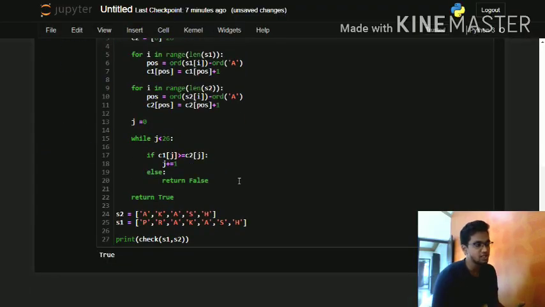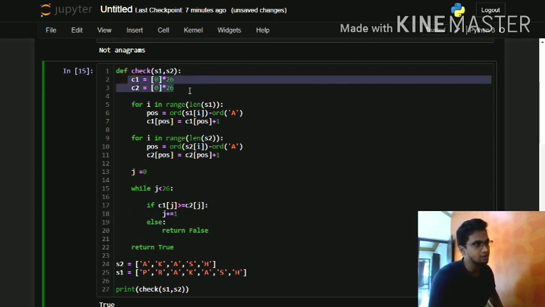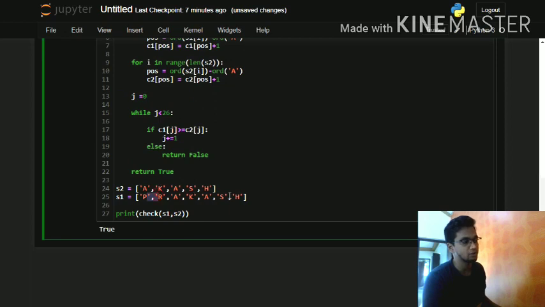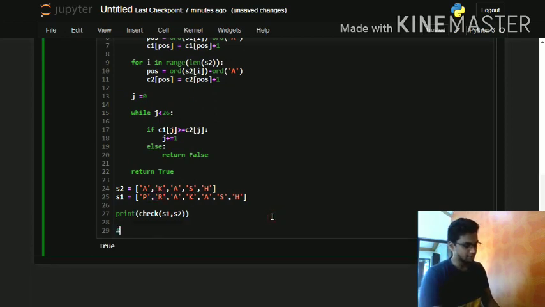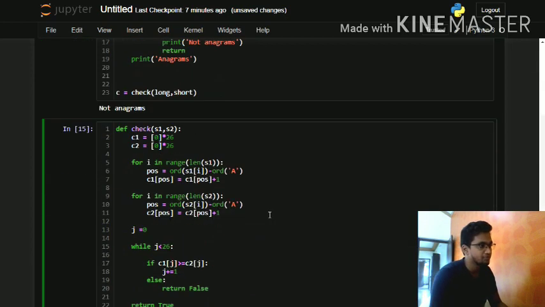And coming to the more efficient part of the solution, here I'm going to take two temporary arrays, naming C1 for string 1 and C2 for string 2. I already explained about ASCII values. Just go through this keyword. Just type this keyword ord, lowercase, and here the character. This will give us the ASCII value of that character. Just go through some Wikipedia pages or some blogs, and you'll get to know.